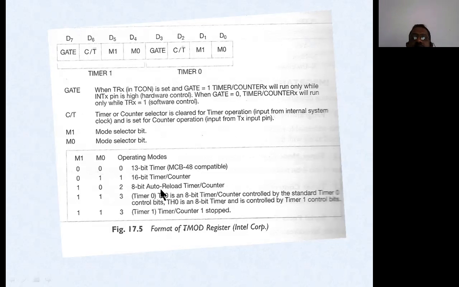Only 8 bits are used for timer and counter applications, and the other 8 bits are used as reinitializing bits. For example, you want to perform an operation 5 times, and this 5 is stored in 8 bits.